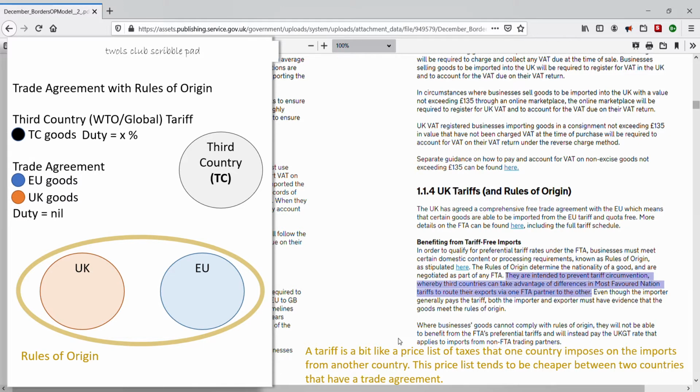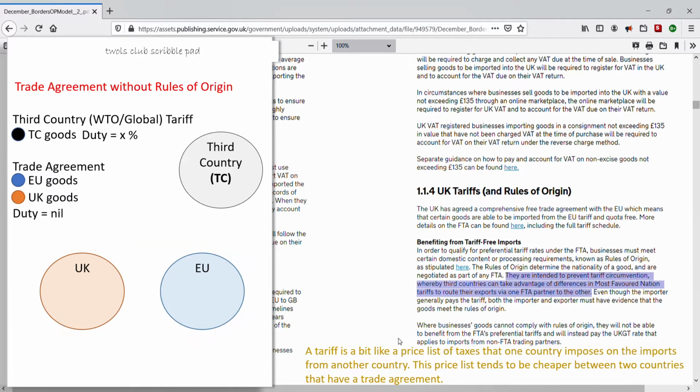So, to reiterate, Rules of Origin ensure the correct duties are charged for goods movements at customs borders. And so, theoretically, without Rules of Origin, traders from outside of the EU and UK could route their exports via one contracting partner to the other, and, more easily, find a way to pass off their goods as qualifying for the cheaper trade agreement tariffs, rather than paying the correct and more expensive tariff as allocated to the actual third country of origin.